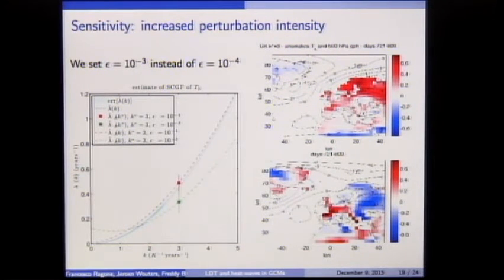This is a case in which I've multiplied by 10 the strength of the perturbation, and the system gets trapped into this kind of mean state, which is not good to compute the scaled cumulant generating function. This is the green line, and you already see that this is bad. I have no idea why increasing the noise has trapped my system in this situation, in which, by the way, you have a heat wave and a strong anticyclone over this part of Europe, but then there is this whole part of Europe that is very cold. So overall, it doesn't work for this target area.